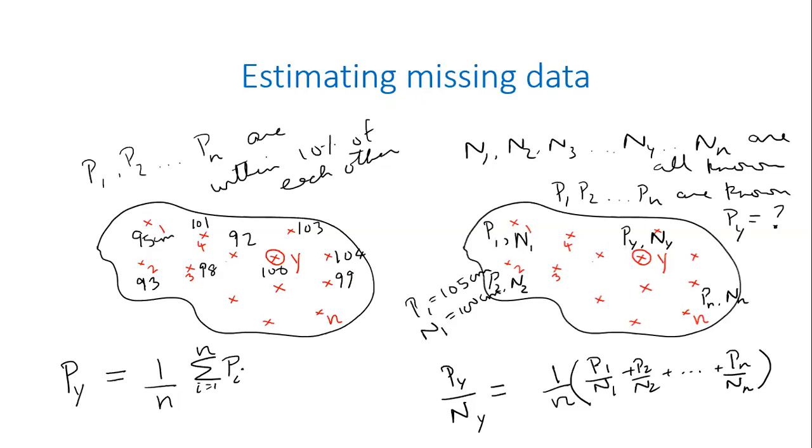When you don't have information for a given location, I'm not saying these are the only two ways of doing it. Somebody said interpolation. Chakradhar said interpolation. Interpolation is also fine, but how you interpolate also matters. There are different ways of interpolating. It's not that there is only one way. If you interpolate in one way, you will get one answer. If you interpolate a different way, you will get a different answer.